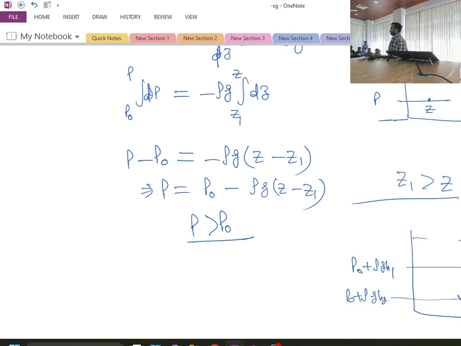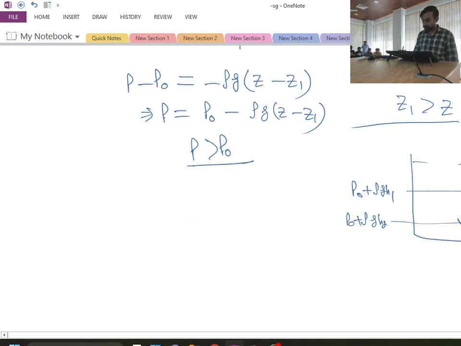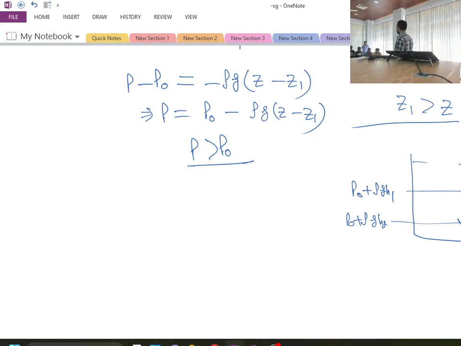Can I say this is in mechanical equilibrium? Any answer? You might have already studied mechanical equilibrium in thermodynamics. Can we call this in equilibrium or not? No. Okay. So whatever definition you have studied over there, based on that, you can say that it is